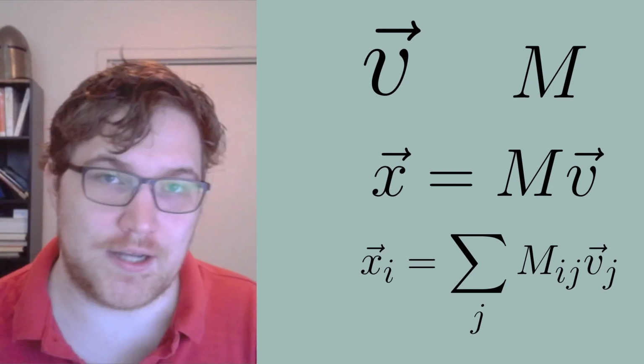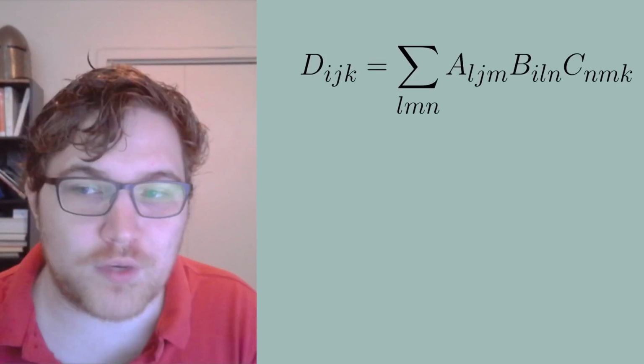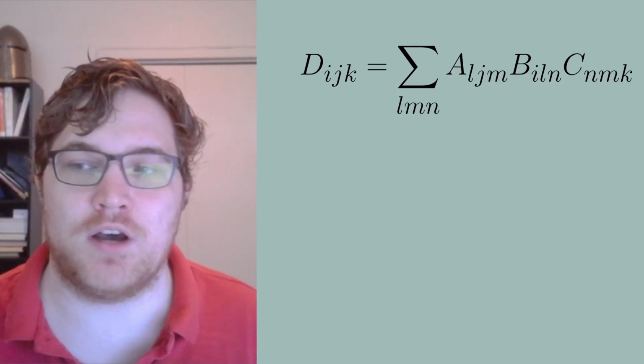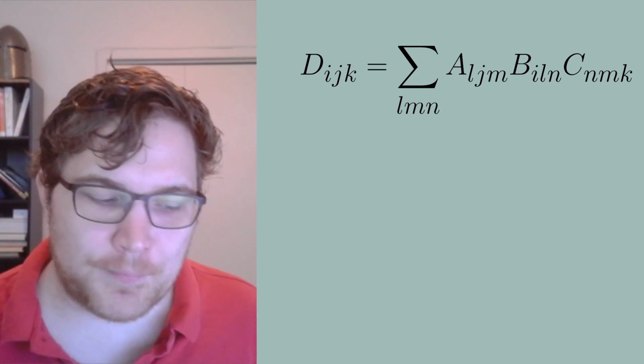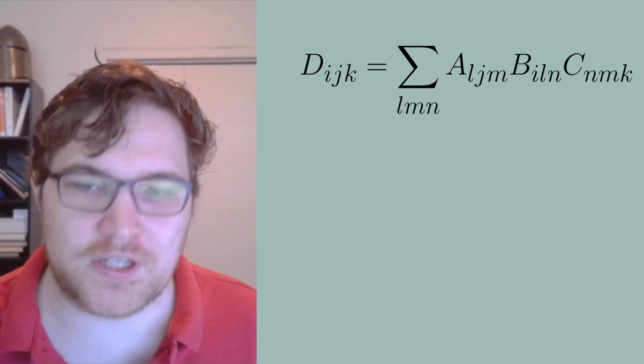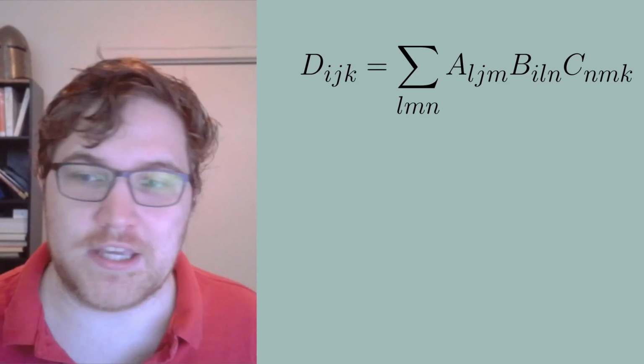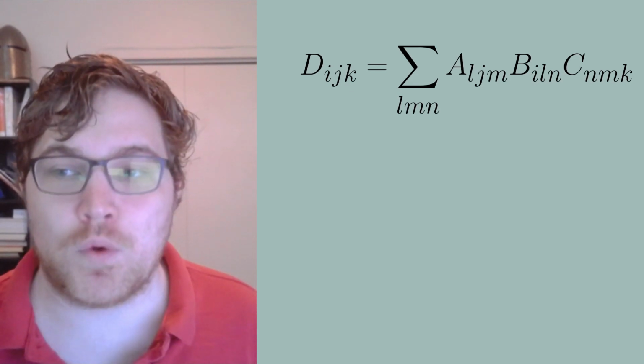the j index. But now we are interested in more general objects that can have many more indices, and similarly how we might have them interact with each other and multiply into each other. For example, we might write some general rank 3 tensor as a product of 3 other rank 3 tensors. It's easy here to potentially get lost with the indices pretty quickly, so what we're going to do is